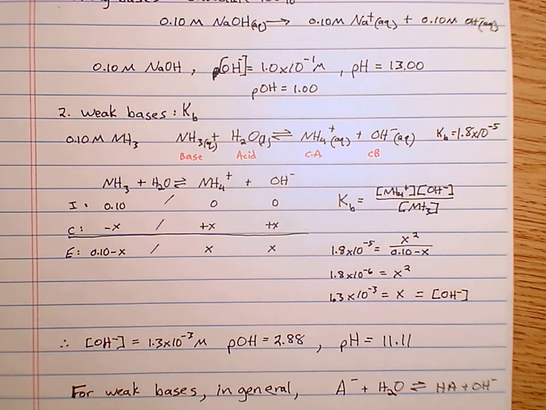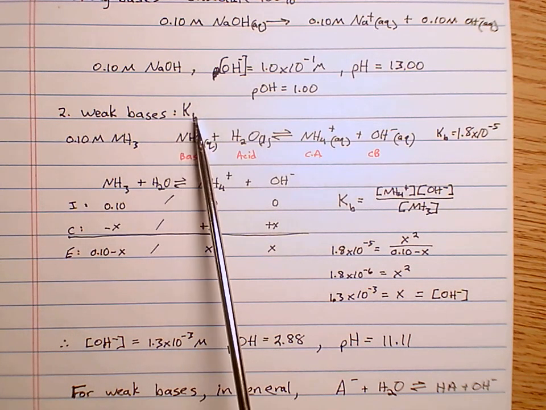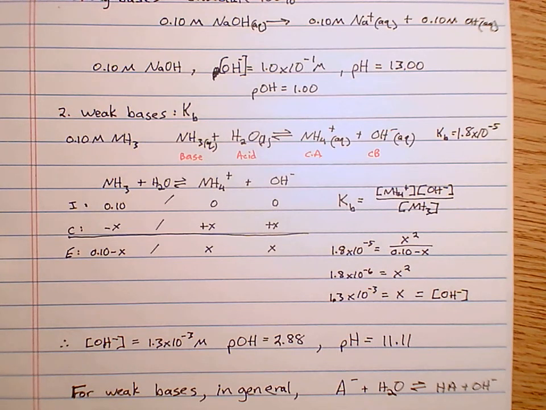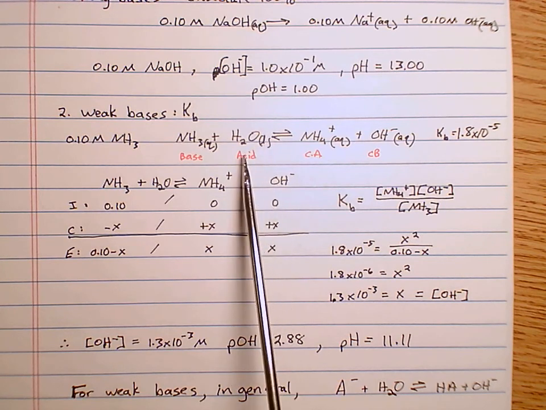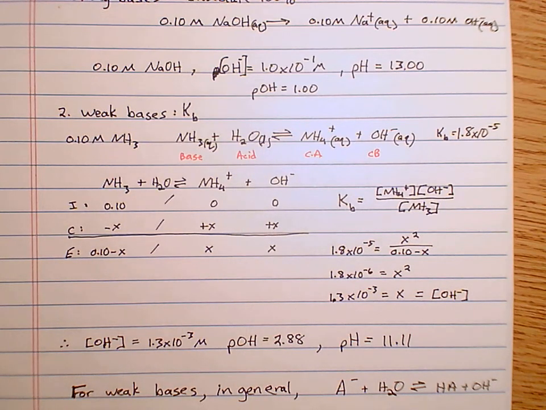Just like with weak acids, if you want to determine the pH of a weakly basic solution, you need to go to ice tables. And we have a dissociation constant for bases. Just like with acids, we had Ka. For bases, we have Kb. Now, the acid dissociation, recall, was HA dissociates into H plus and A minus. With Kb, we're usually going to write that in the Bronsted-Lowry format. Therefore, we're going to need to put in the water. And we don't have to worry because it's a liquid. It will not occur in our Kb expression,